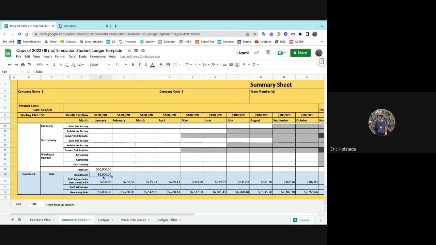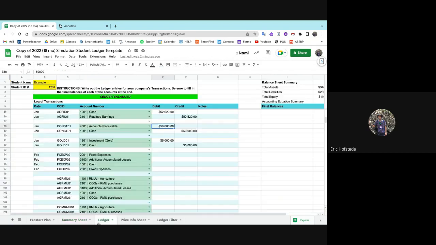And we saw that as soon as we entered the $5,000 in this case, they calculated how much appreciation or interest we would earn that next month. So we're not going to see that $250 until February, but we can still record this in our ledger, and here's how we're going to do that. So right after we buy this gold, we're going to